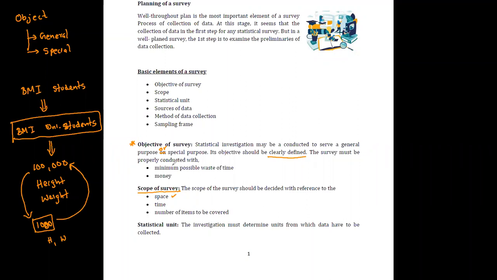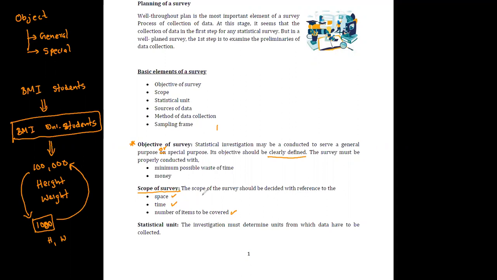In such situations, you cannot have 1 acre or 2 acres. If you have a greenhouse or something like that, you have to manage your research in this small area. So you have to think about space as well. What is the feasible space that I can use for this research? Sometimes there may be parallel studies going on inside the single nursery you have. In such situations, you have to limit your survey, both the time and the number of items to be covered.